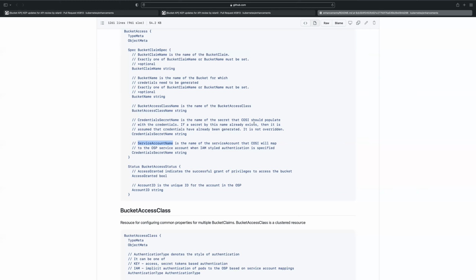I'm certainly open to differing opinions on that, but I wonder if nesting them under an authentication method or some sort of sub-spec could be helpful, and then that spec could be explained like: pick one of these methods, and only one.